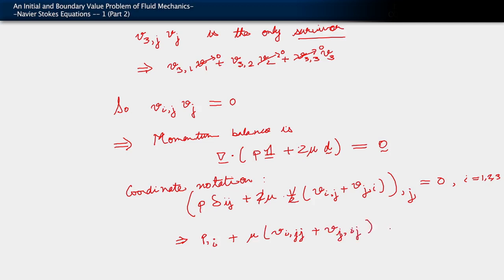Okay, again for i equals 1, 2, 3. All right. Let us now look at what happens with this relation for each of the directions. And of course, this is equal to 0. Let's look at what happens for i equals 1, 2, 3. So for i equals 1,